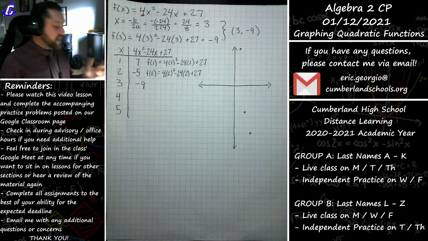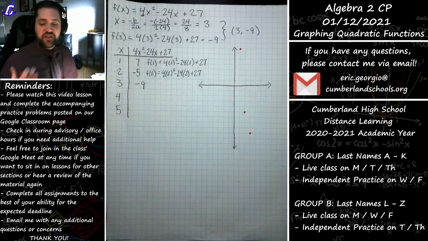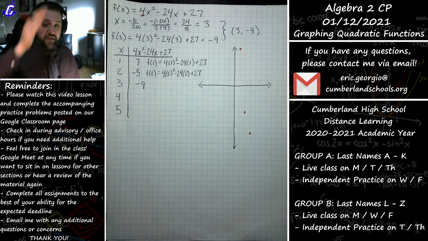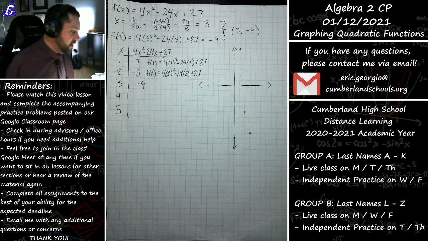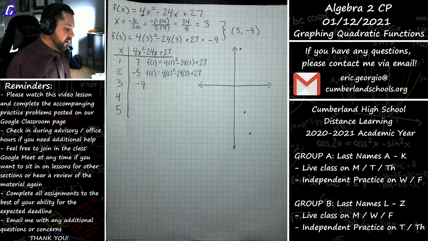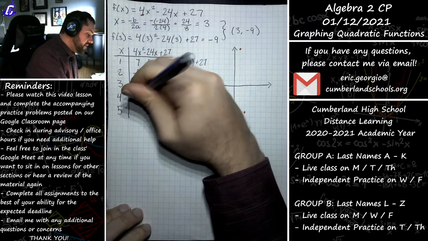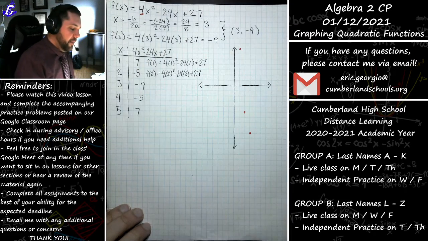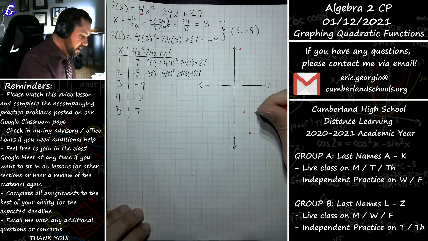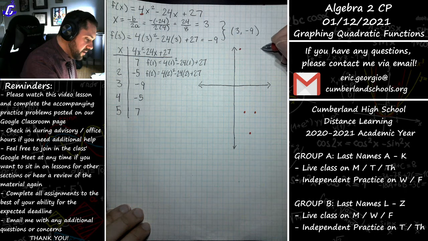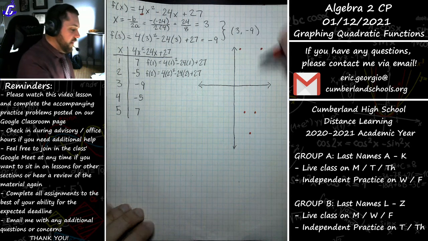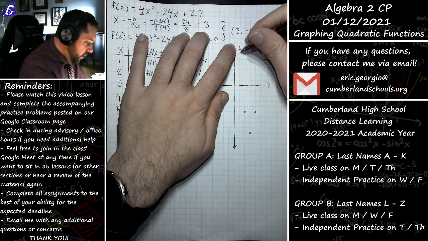That is kind of the consequence, though, of having the stretch of 4. A stretch of 4 means you're going to have this really tall shape. So it's nice that it fits on our graph. Now we can go ahead and mirror to the other side. Of course, it would mirror in the chart as well. We'd see we have a mirror image point here, same distance away from the vertex and the axis of symmetry. And we can draw our really, really tall parabola